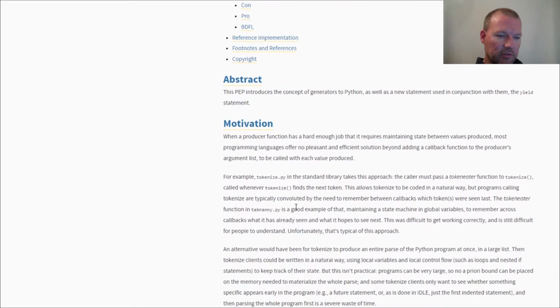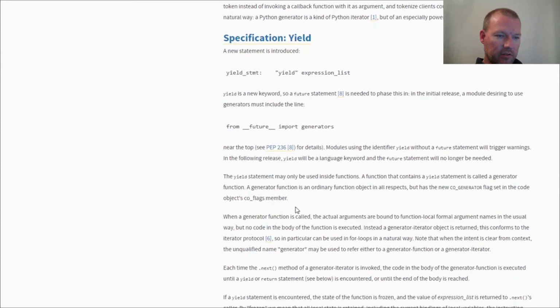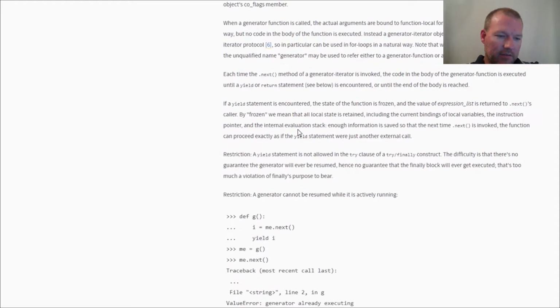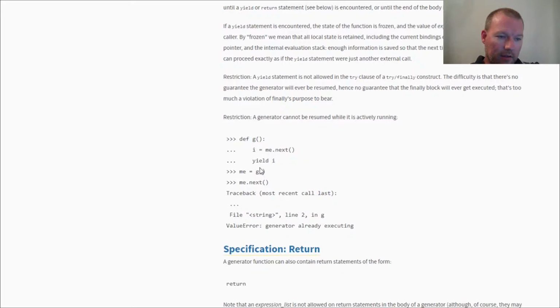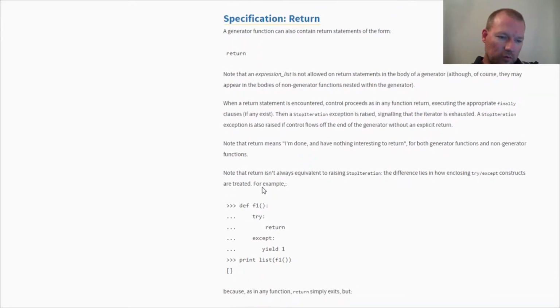These are the rules of how a generator works. We know that it uses yield. We learn that that is the difference between a generator and a return function. The general rule is